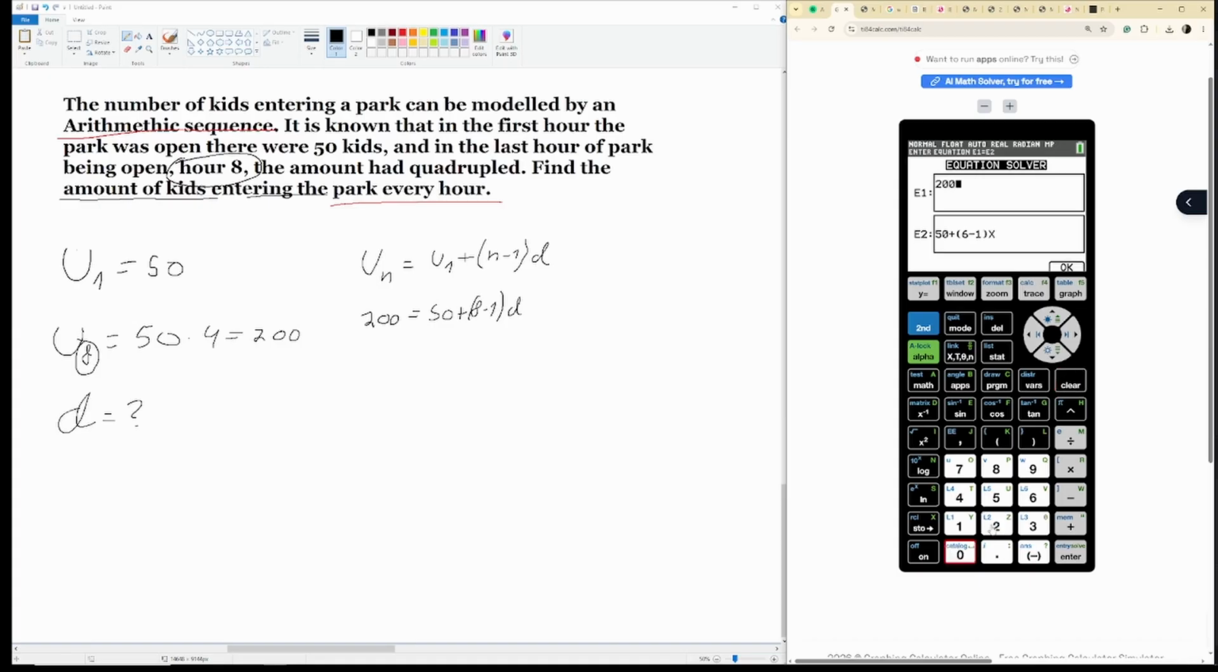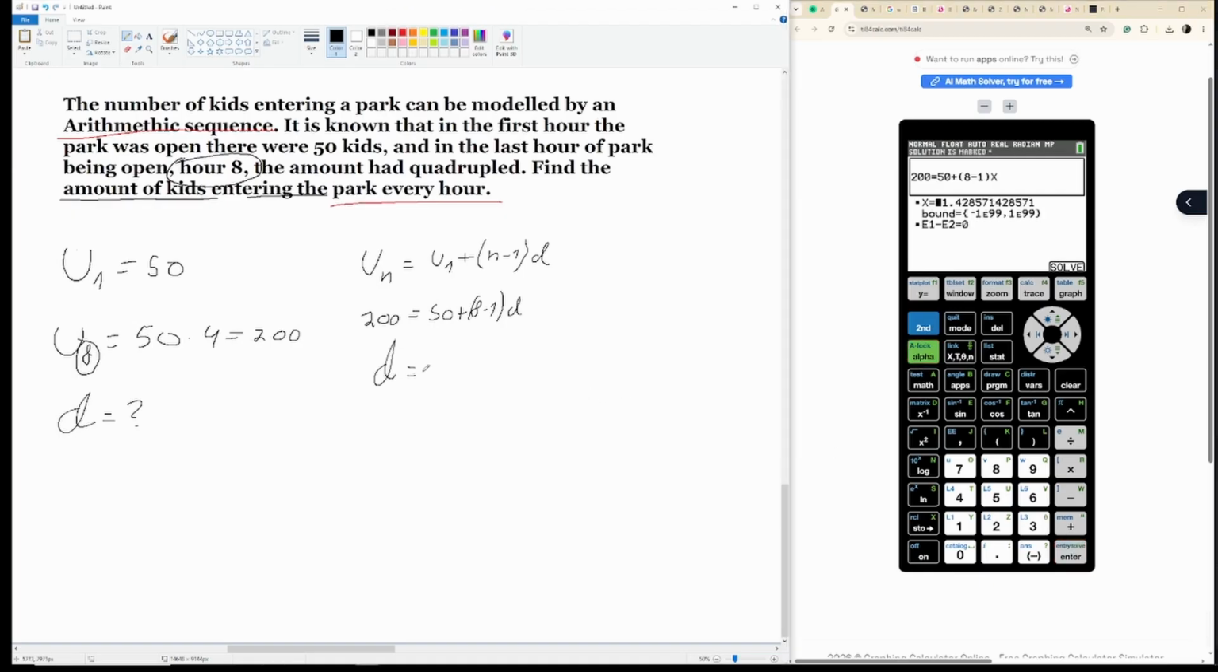So you can put in 200 equals 50. I've done something similar here, and instead of d, you put x. And x can be found here as well. Then you get your answer, that d equals 21.24. Then you round to 3 significant figures, and you get that the amount of kids entering each hour